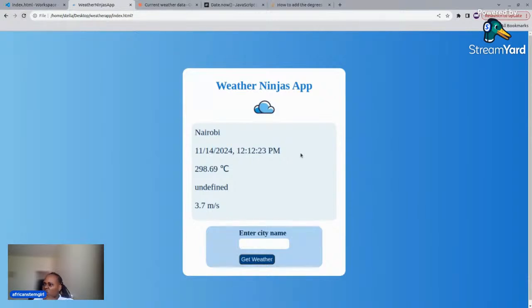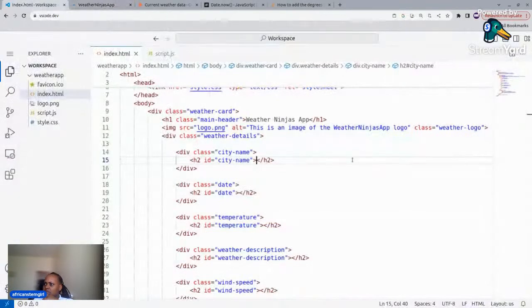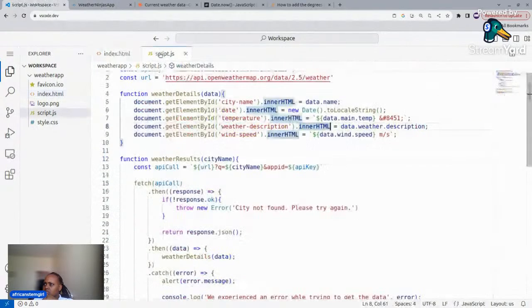Okay, so the only thing I'm wondering is this here, undefined. I have no idea why this is behaving as it is, because even if I put main,